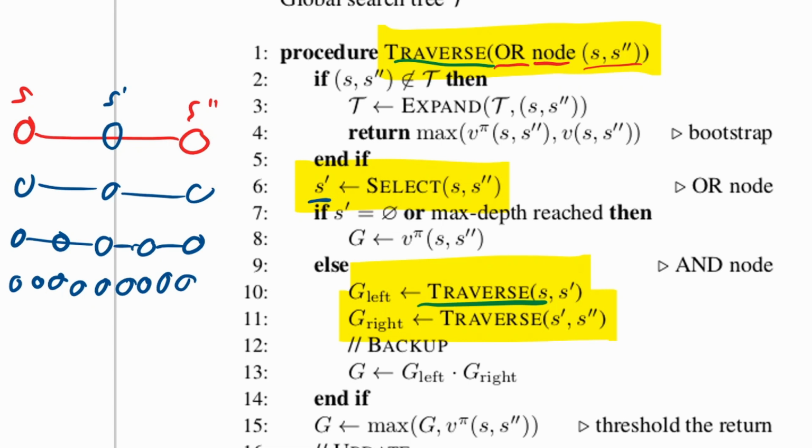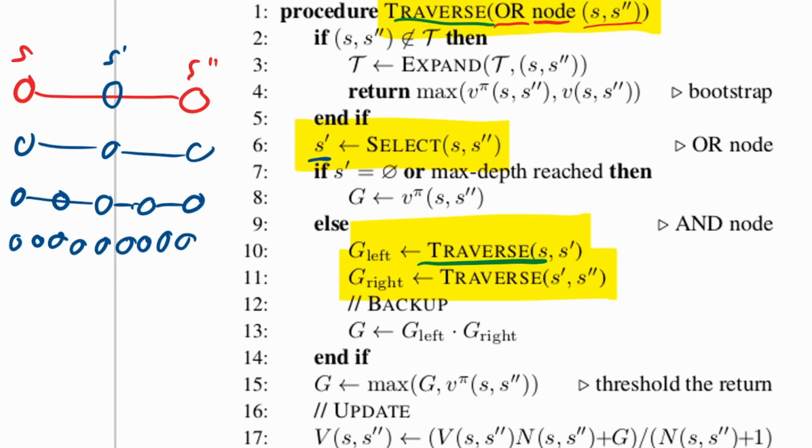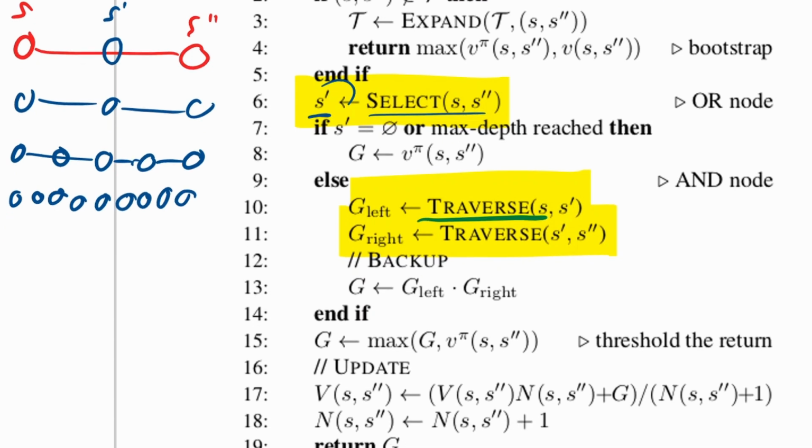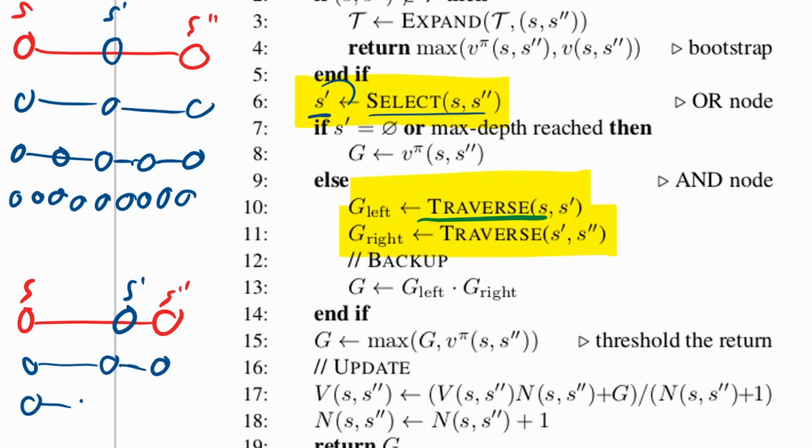And we are going to do a tree search over these plans. So this select function here, it has returned this S prime, but it could have returned any point between S and S double prime. So this is just one branch. I don't have space to draw here, but I'm going to draw it down here again. So it could have also returned this particular node here, like it's a different S prime, and then subdivided the problem into different problems. And then, of course, those problems are now different, so they would be subdivided differently again,